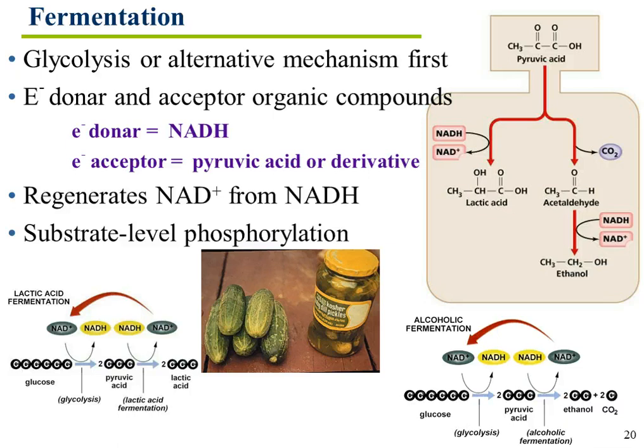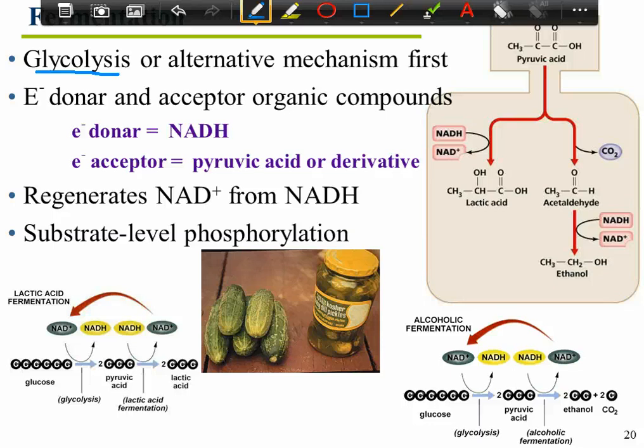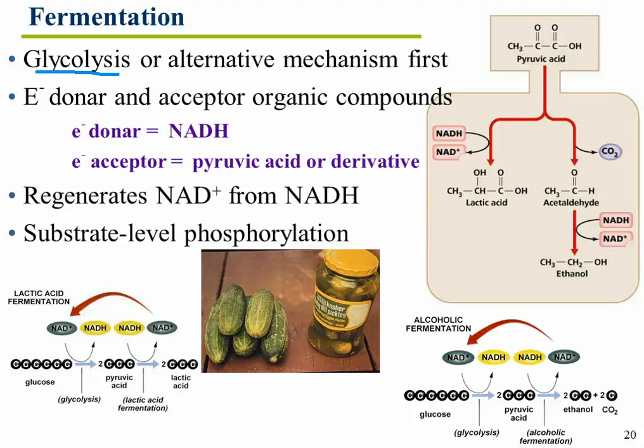All right, so first, we start out with glycolysis because it's the common pathway. We end up at the end of glycolysis with pyruvic acid. There's pyruvic acid. That's our starting place for the fermentation metabolic reactions. The first part is glycolysis. Glycolysis is common to both fermentation and cell respiration. All right, now there are 2 pathways I want to show you. One you probably already know, and that is the lactic acid fermentation cycle,